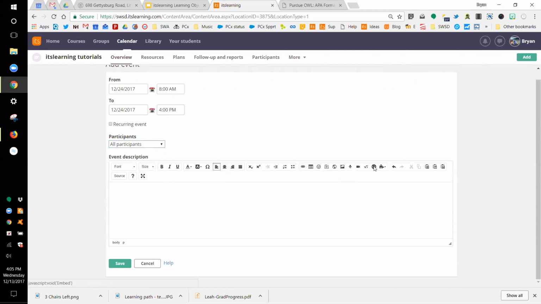A couple that we really like, you have the embed. So if you want to embed things from other websites, that's a great tool. And then these are great too. This is an audio or video feedback button. So if you wanted to give students specific feedback for the video, you can just click here, and it'll turn on your webcam,